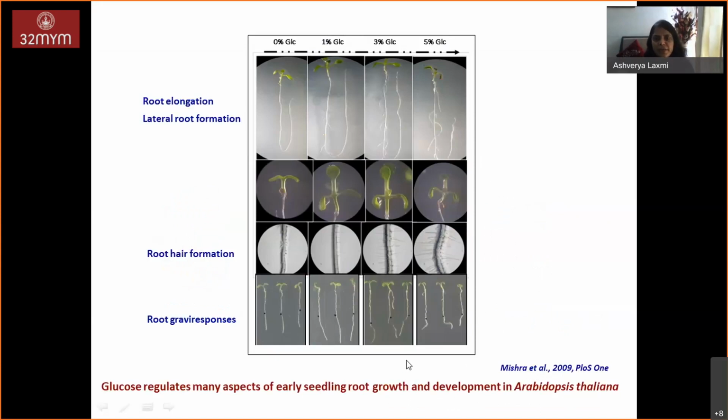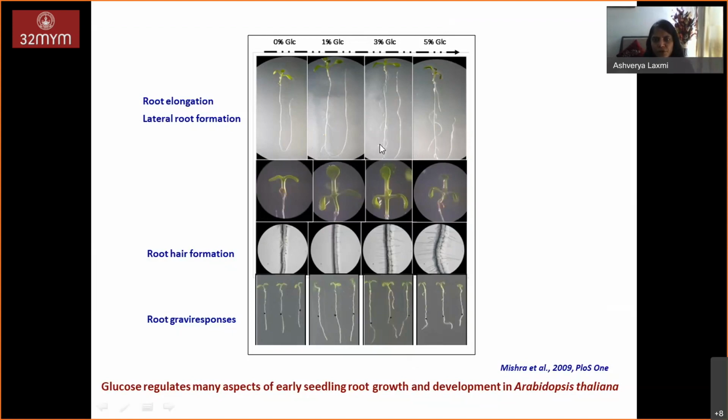So when I started my work way back in 2006, there was very little information about the role of sugars, how they control plant growth and development, what phenotypes and architectures they can influence. To understand that, we carried out very fundamental, basic experiments wherein we just grew Arabidopsis plants in increasing concentrations of glucose. And we found that the presence of glucose could profoundly affect the growth and development of these seedlings. As you can see, it could enhance the root elongation,